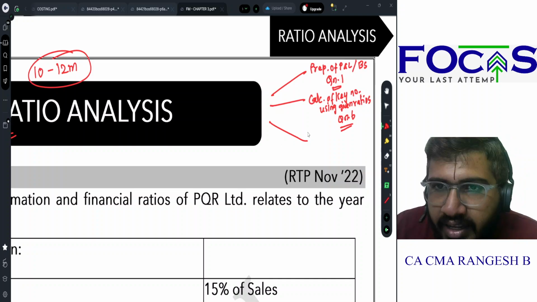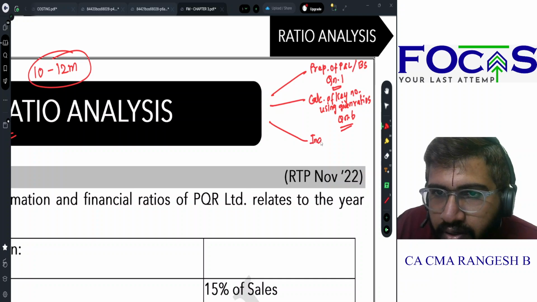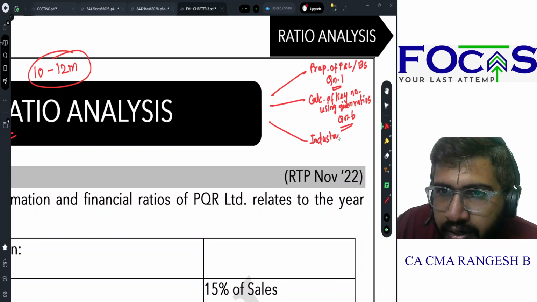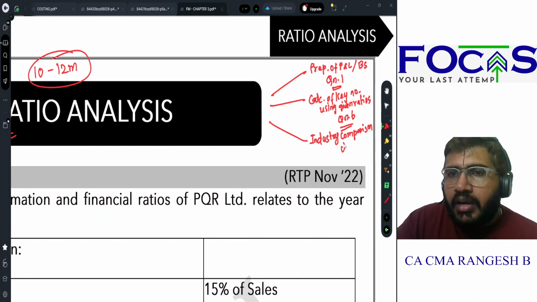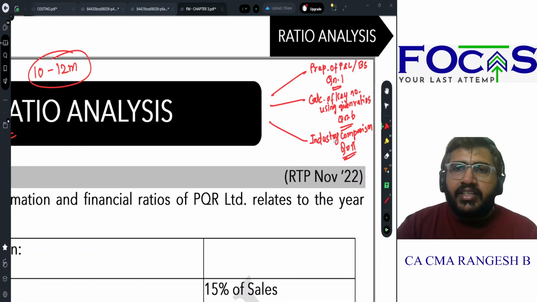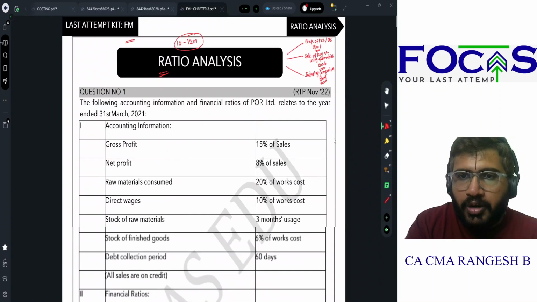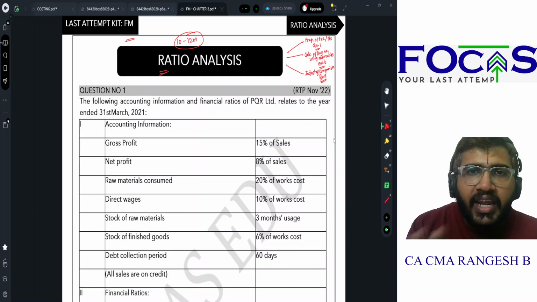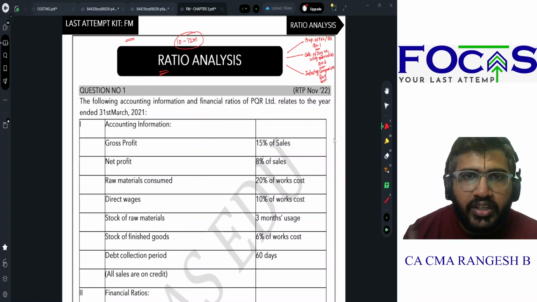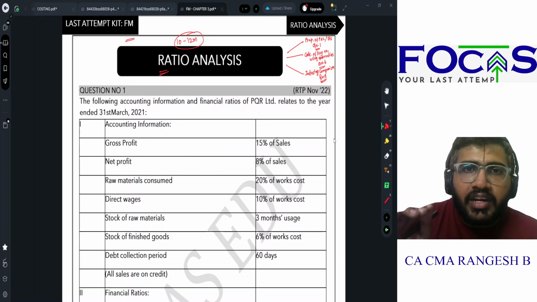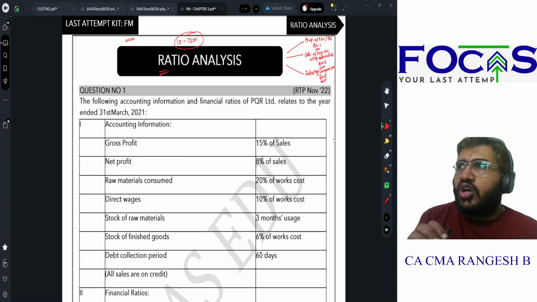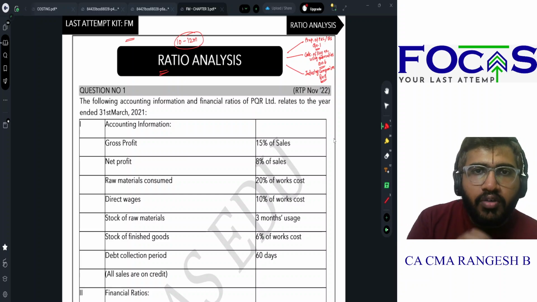Third category: industry comparison. Industry on an average has this debt ratio, this equity ratio, this return on equity, and so on. They will give this and ask you to compare and comment on your company's results. For this we are going to use question number 11. So we are going to solve only 3 questions and cover the entire ratio analysis chapter. This is going to be the shortest possible revision of ratio analysis, or the shortest video in your FOCAS 30